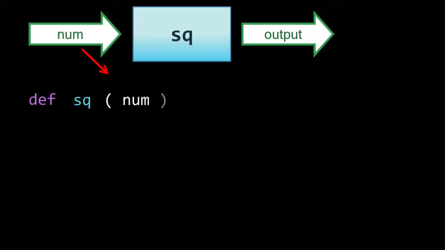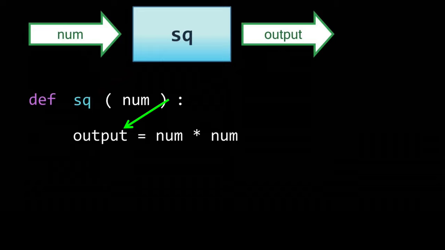Then within the parenthesis, we write down num, and after that a colon. After enter, we write down the output is equal to num into num. Now see here,